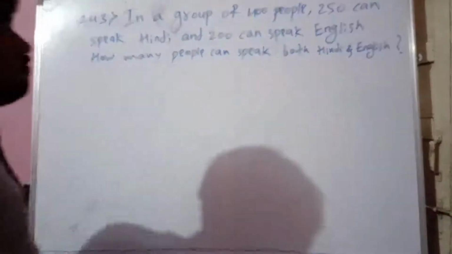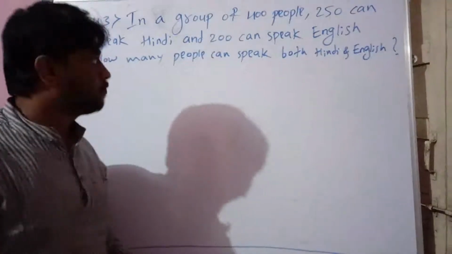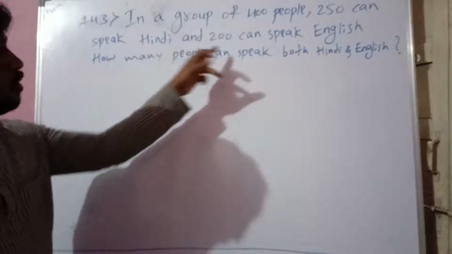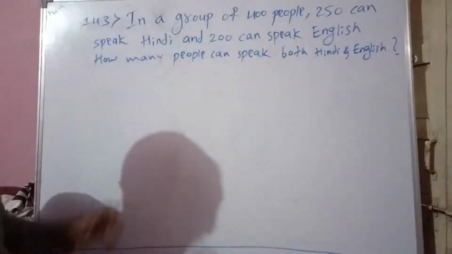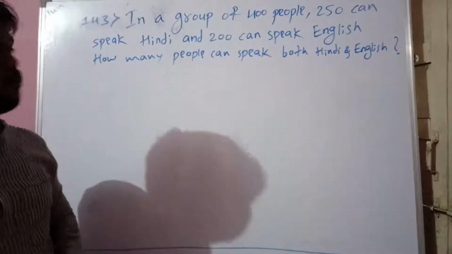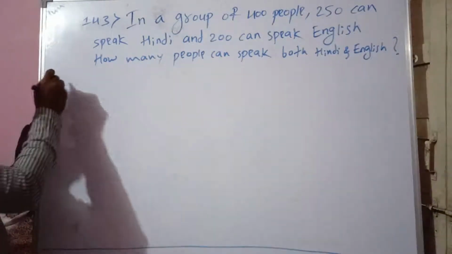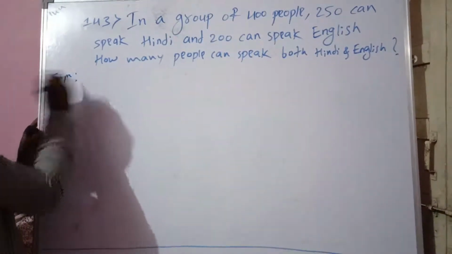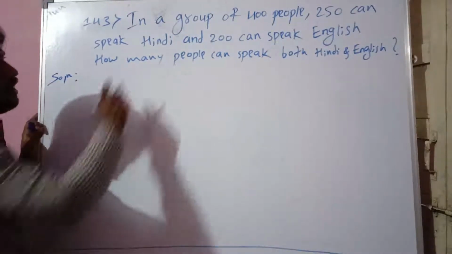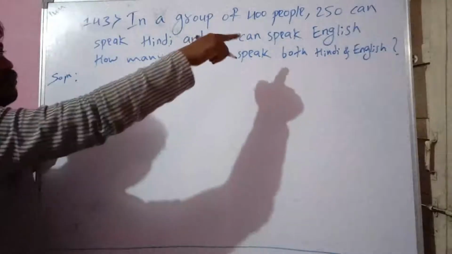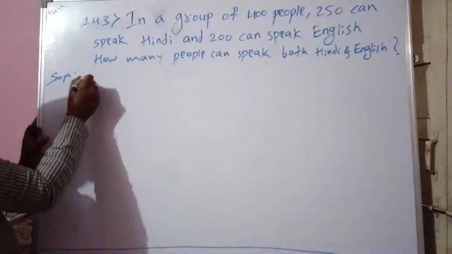In a group of 400 people, 250 can speak Hindi and 200 can speak English. How many people can speak both Hindi and English? So it means first you take what are the given. If in a group of 400 people, 250 can speak Hindi, means